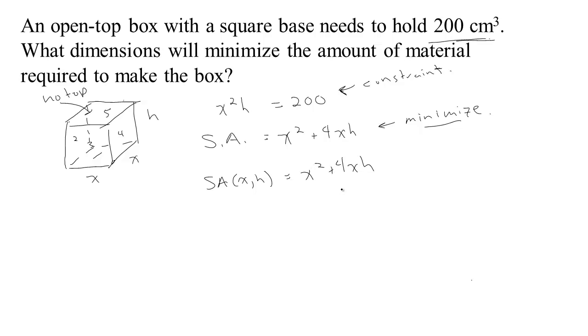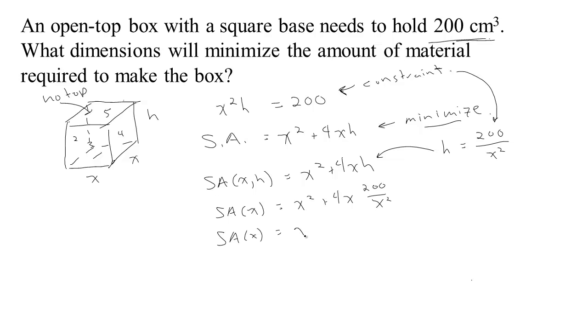I want to get it to be a function of h alone, but the constraint can help me. The constraint says that h has to be 200 over x squared, just solving the constraint for h. Now I can plug that in here, and I'll have the surface area as a function of x alone. I'll have x squared plus 4x, and h is 200 over x squared. So if I simplify, I have the surface area as a function of x as x squared. Let's see, 2 times 400 would be 800, and this x cancels one of those, so we have 800 over